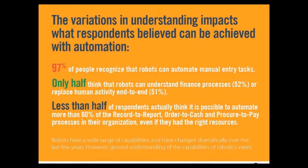Yet only half think they can achieve some of the more advanced finance processes and understand the advanced finance processes. And again, only half think that they can replace human activity on an end-to-end scale. We don't have the chart showing in this presentation, but we also asked people just to open up their minds